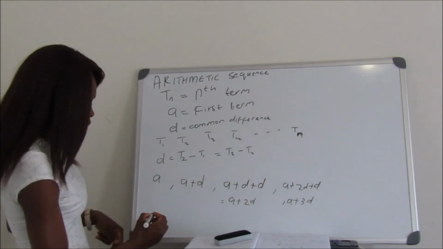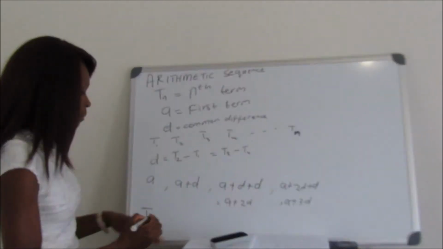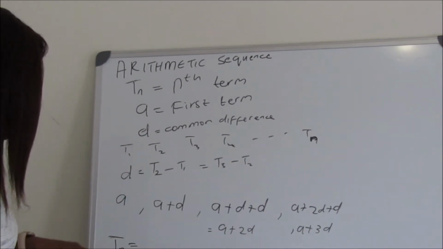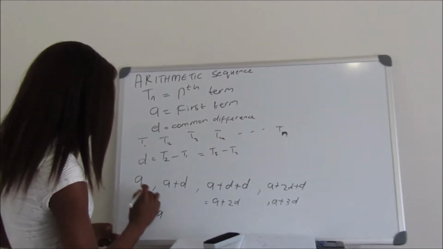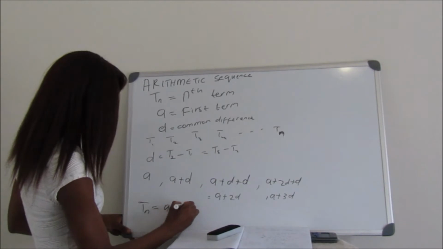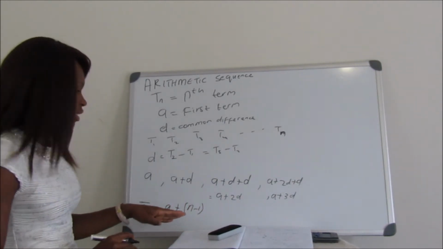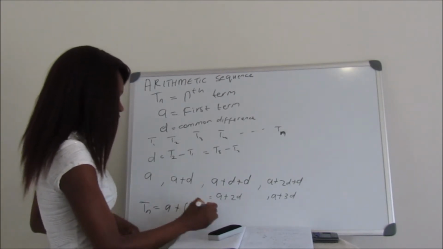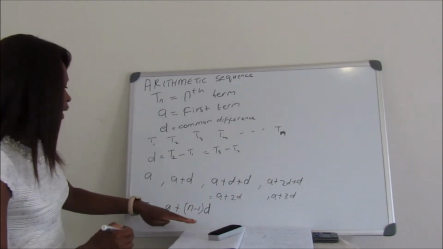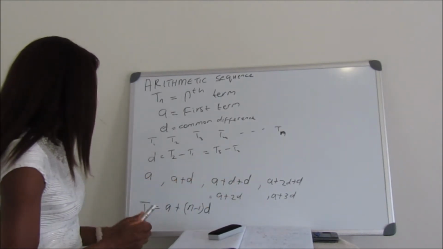Now, from this, we can come up with the equation Tn, our nth term, equals A, which is our first term, plus n minus 1, where n is the number of the term, and minus 1 multiplied by D, which is our common difference. We can see that this equation does comply with what's written here,